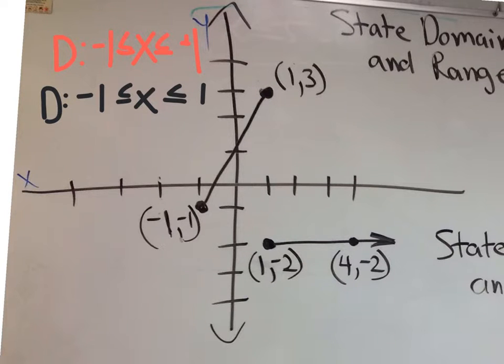Okay, now what do I mean by y values? Y is going up and down. So maybe this will help you out. The y value here is negative 1. The y value up here is 3. Yeah? Yeah. So in terms of y values, any coordinate on this line, will you have a y value of